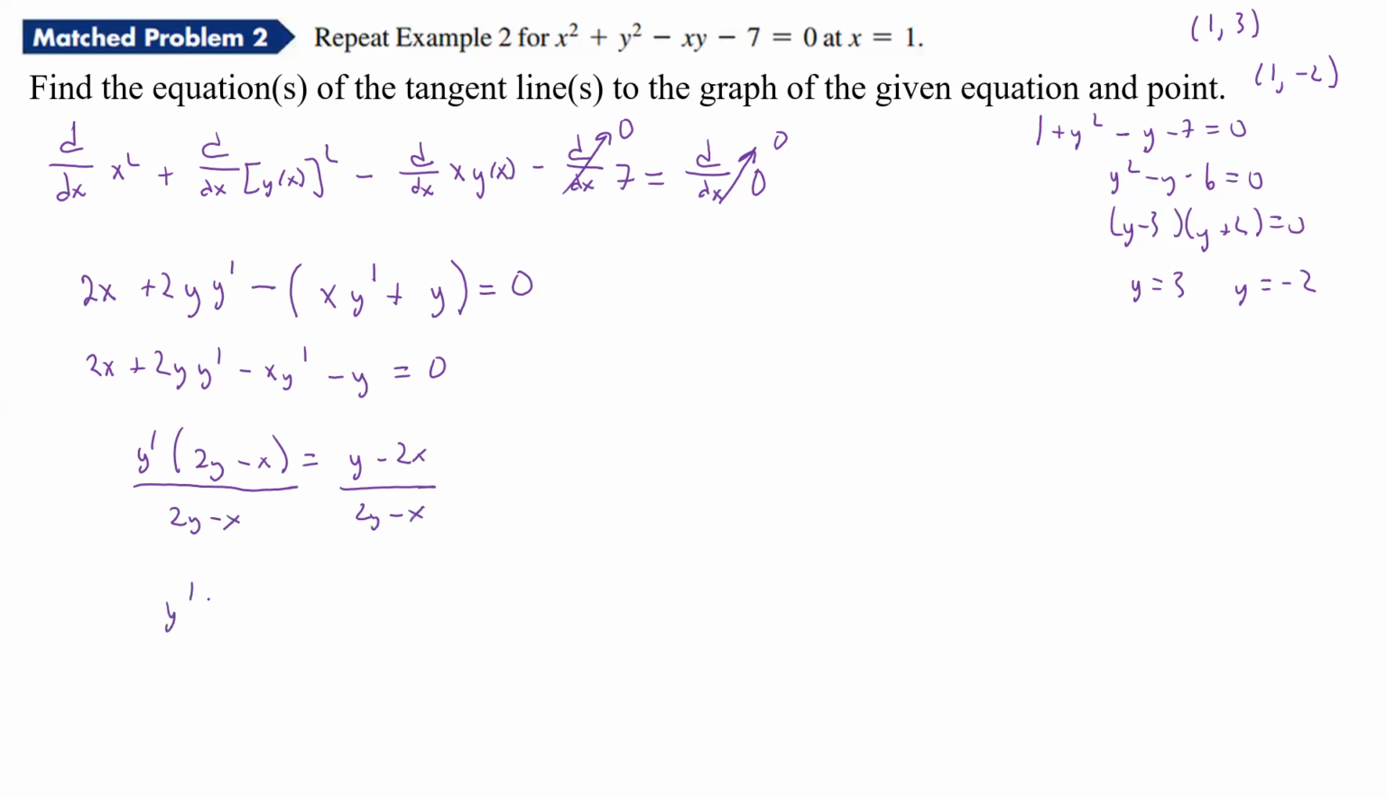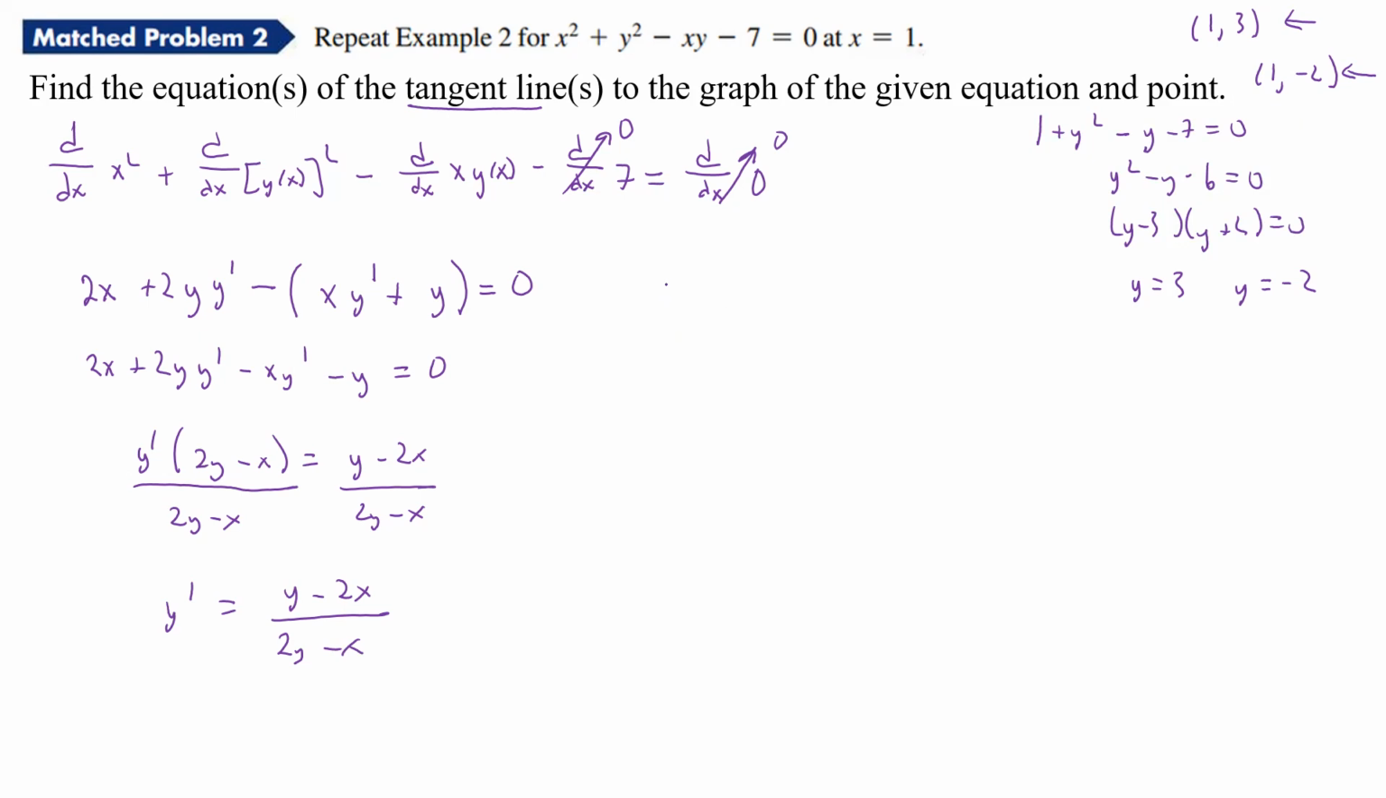And so it looks like the derivative of y is equal to y minus 2x over 2y minus x. So that's my derivative. And now what we have to do is start evaluating. We first have to find the slopes at 2 points. Then after that, they actually want us to find the equations of the lines tangent to that graph. And so we have to then plug in that point and that point with the appropriate slopes and get 2